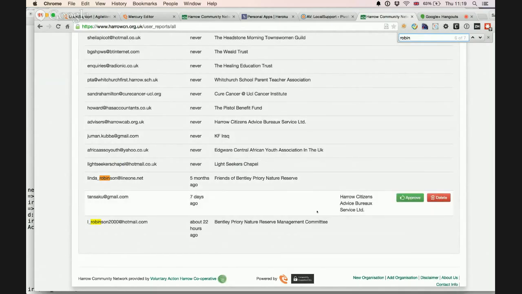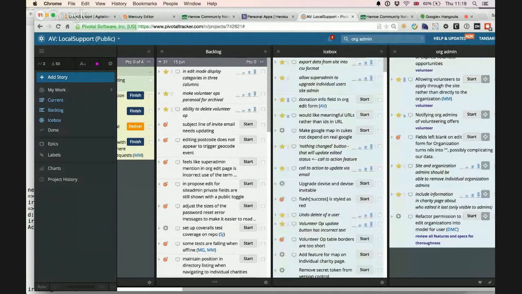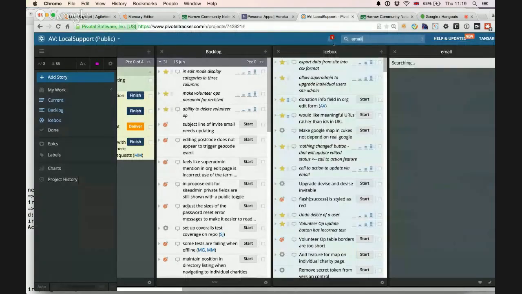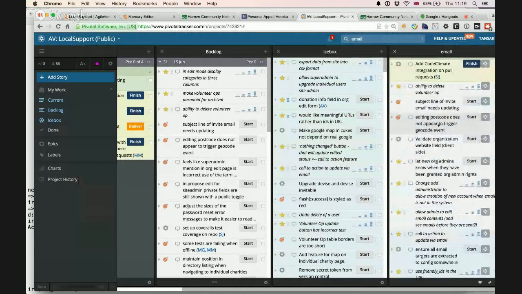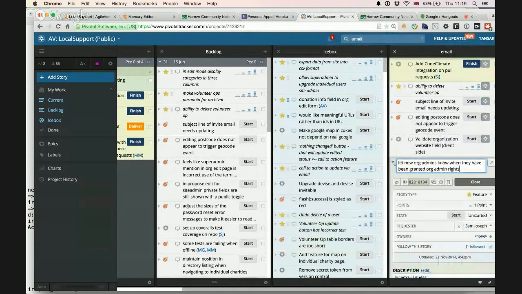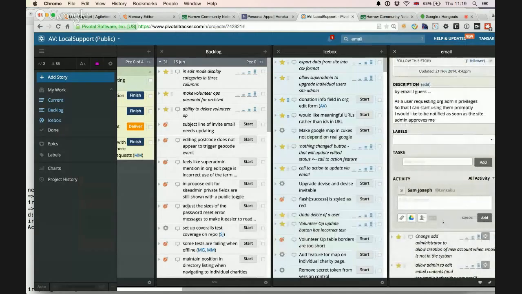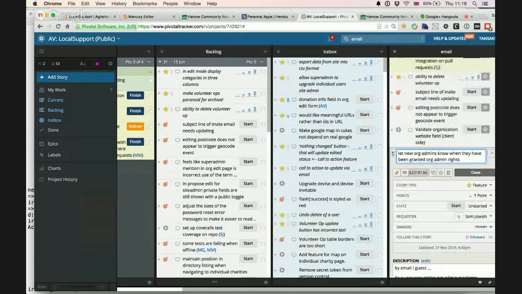Is there an automatic email that goes out with that? Because if not, that might be useful. I suspect that's something we also have in the features: let new org admins know when they have been granted org admin rights. That's definitely something we've discussed and voted on before, but I think it doesn't at the moment.